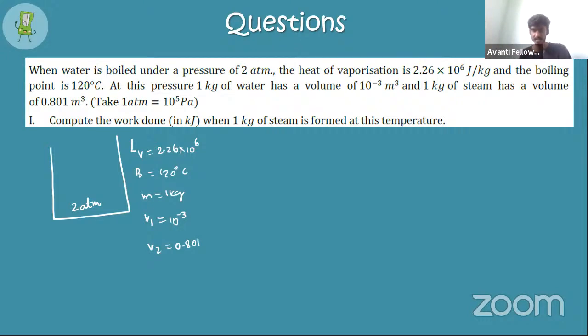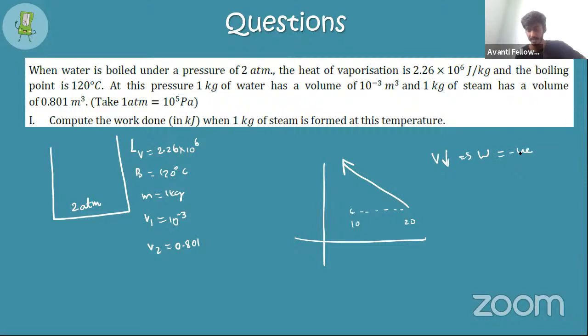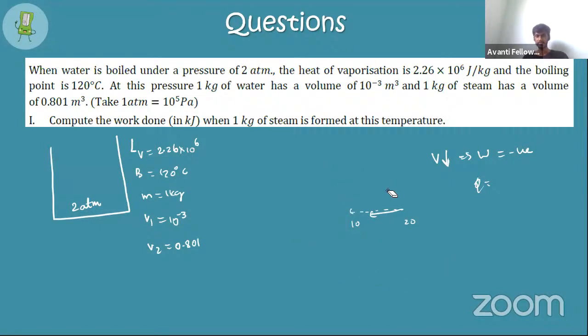So explain M2J. Acha. So bro, what happened in M2J was, so here was a graph, right? The graph was going like this. You can see that volume is decreasing. It was coming from 20 to 10 meter cube. So decrease in volume, matlab work done is negative. Compression, na work done negative ho jayega aaram se. But how can you comment on heat? No, you can't actually comment on heat, because here volume is decreasing and pressure is increasing. So PV is equal to nRT, right? यहाँ pressure बढ़ रहा है, volume कम हो रहा है, but they balance out each other exactly. If they balance out, then there is no change in temperature. So to be more accurate, you have to solve the numerical to understand it. Otherwise, we are good to go. Okay.